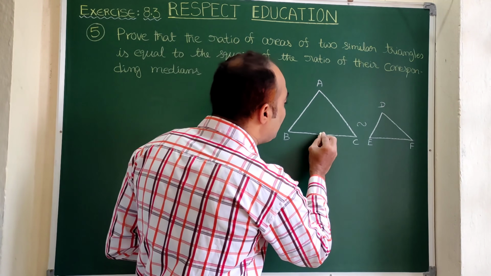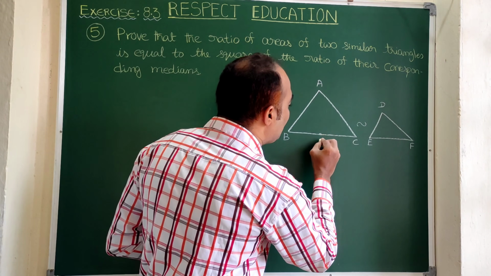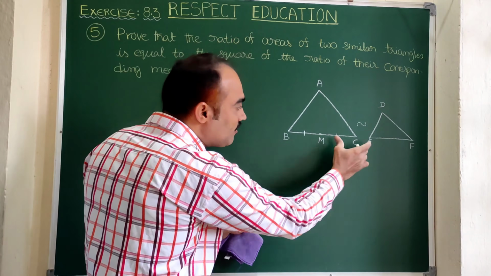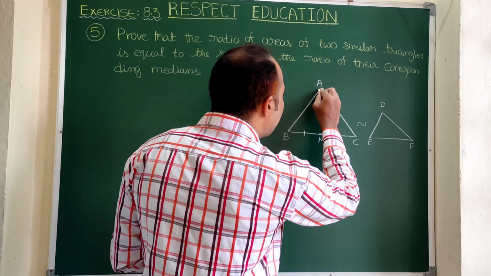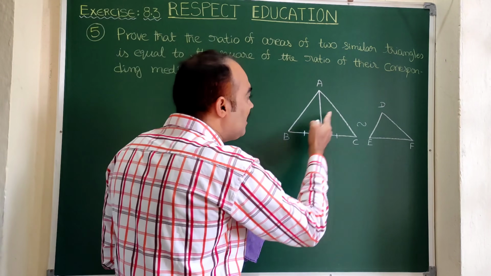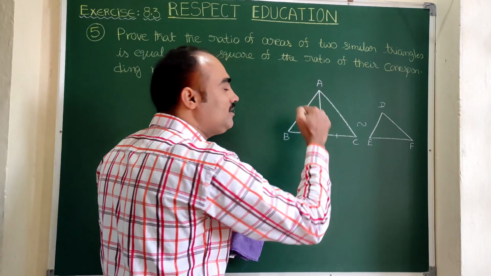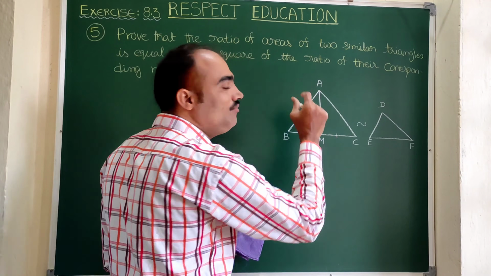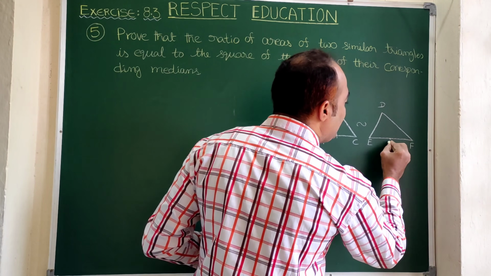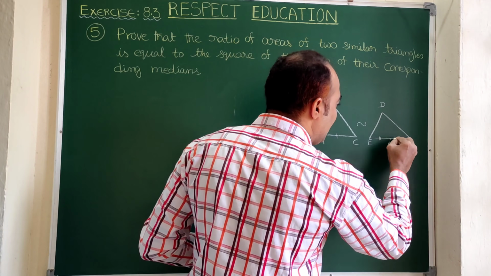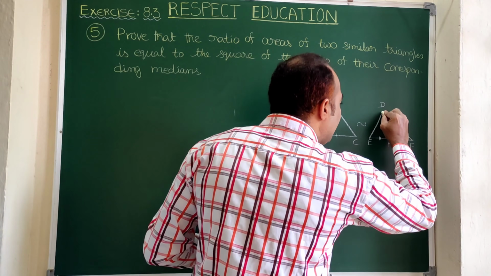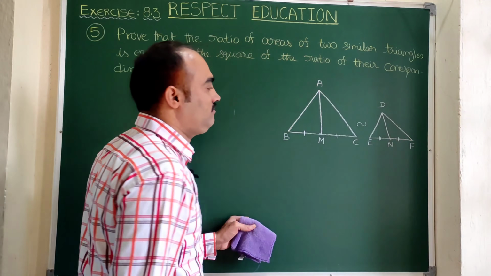So for example, here I take a midpoint as M, where M is the midpoint of BC, that means BM equal to MC. Then the line joining A to M is called median. Similarly we will have one more median from B and one more from C. So 3 medians are there, in which I am taking only one. Similarly here let us take the midpoint of EF as N. So here EN is equal to NF. It indicates N is the midpoint. Then the line joining DN is called median.